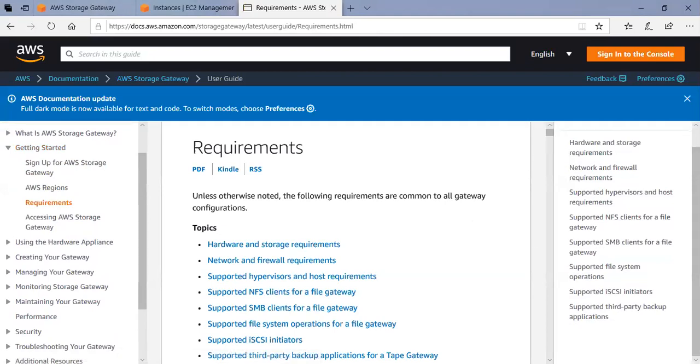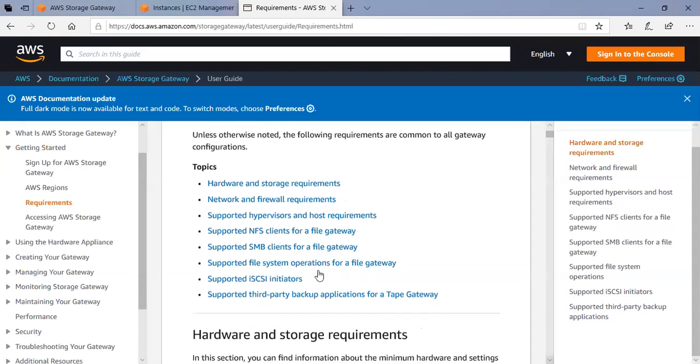Maybe in our case, we will do a minimal size, right? Then network and firewall requirements for people accessing and enabling the various permissions, and the supported hypervisor and host requirement. So it is appliance based. It is like creating a Windows image, right? We launched an instance. Similarly, we will launch another instance which will have services configured on top of the base OS. The earlier configuration of instance was just OS. So this will have a role in addition to the base OS, called the storage gateway.